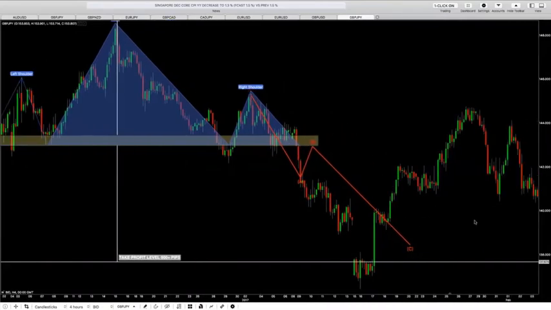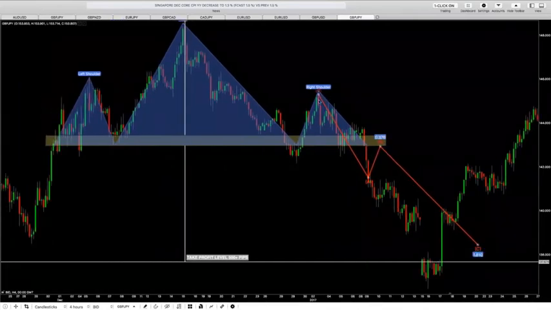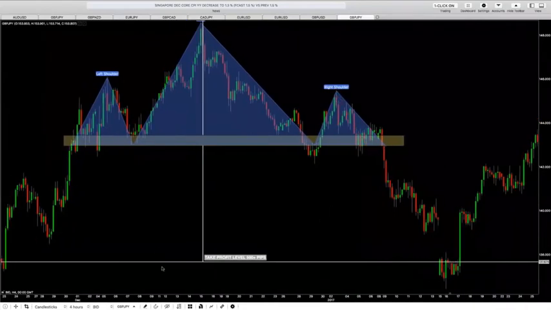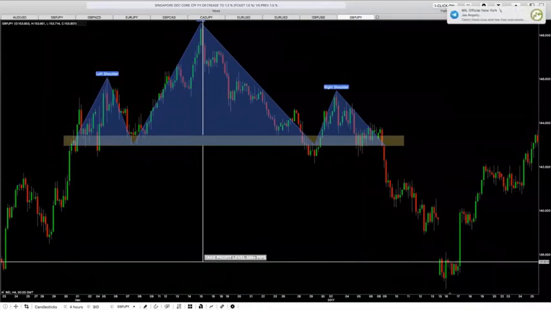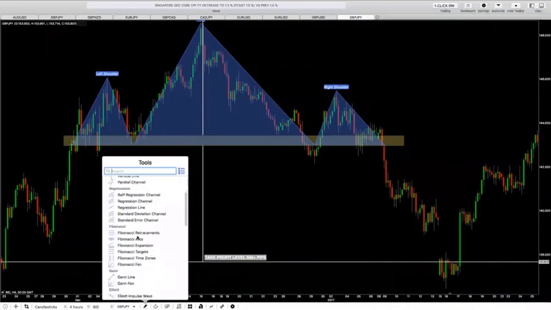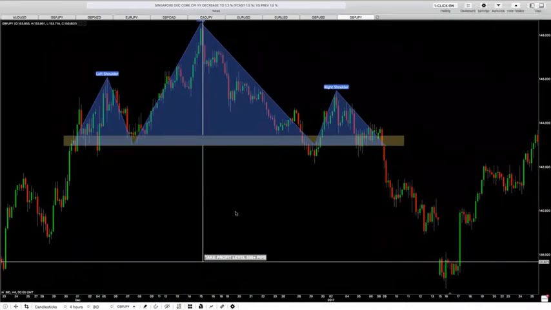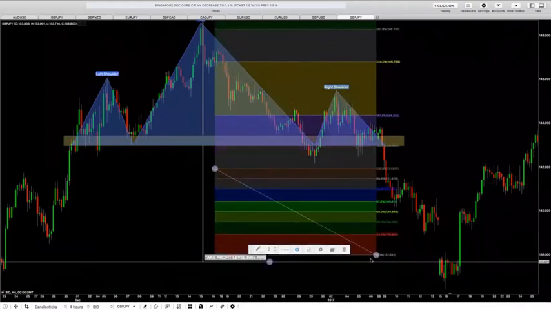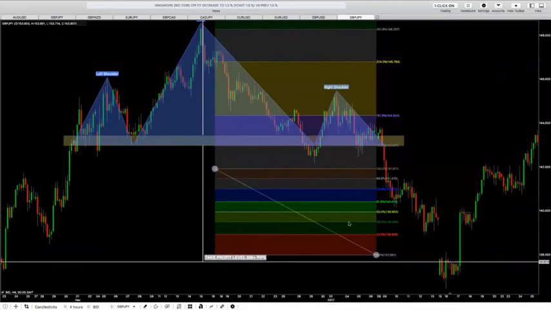So I will show you another example of the breakout and the retest with Fibonacci tools. In this example, I'm going to show you how to get in at the right shoulder. Let's get out of here. Now I'm going to come over here and get my Fibonacci retracement tool. To get in on these trades, you're typically looking to get in at a Fibonacci level. Fibonacci is a very, very significant tool in the market.